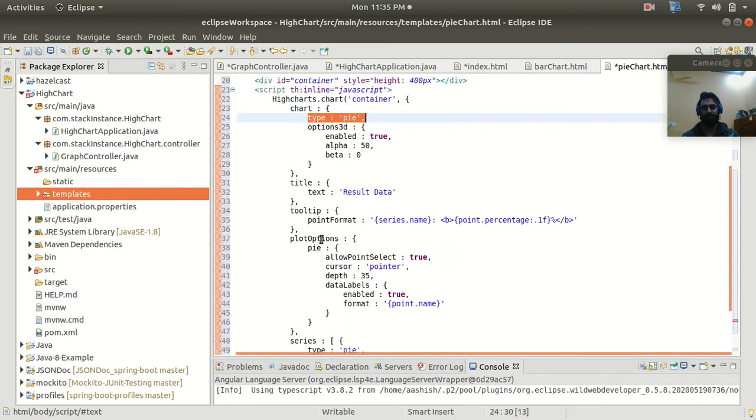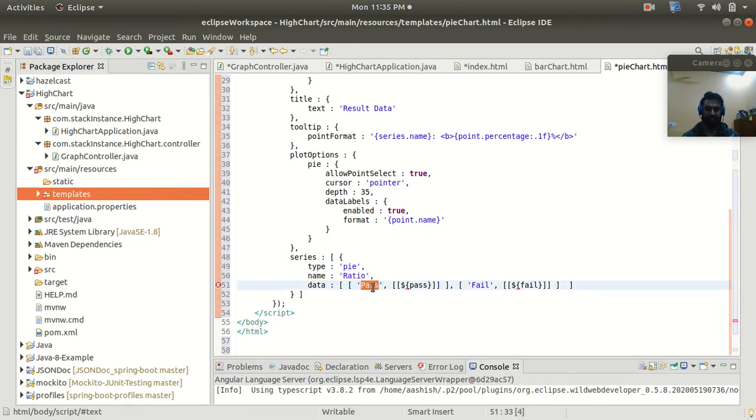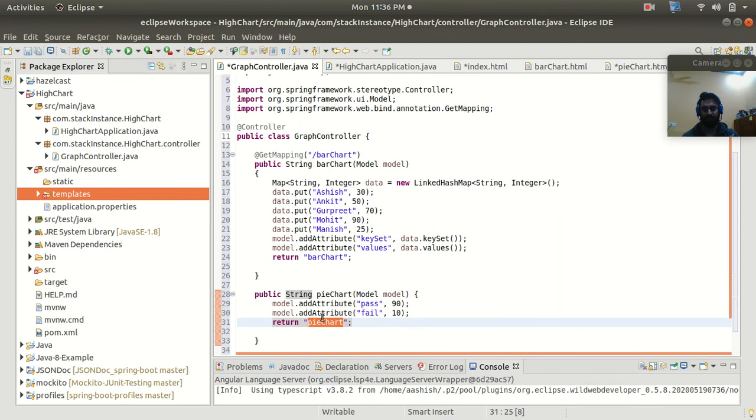So this is the configuration you have to add if you're using the pie chart. And in the series part you can see the type as pie, and the name as ratio, and the data with the key as pass, and the value I am taking from the attribute which I have added to my controller. In this endpoint you can see pass and fail. So this should match here, right?